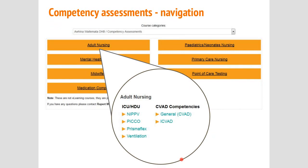And we've done the same thing for the competency assessments, which is a similar sort of structure where there's a whole bunch of areas, there's some very service-specific stuff going on, and there's just a lot of courses hidden behind there. So making it as easy as possible for people to get to their area,